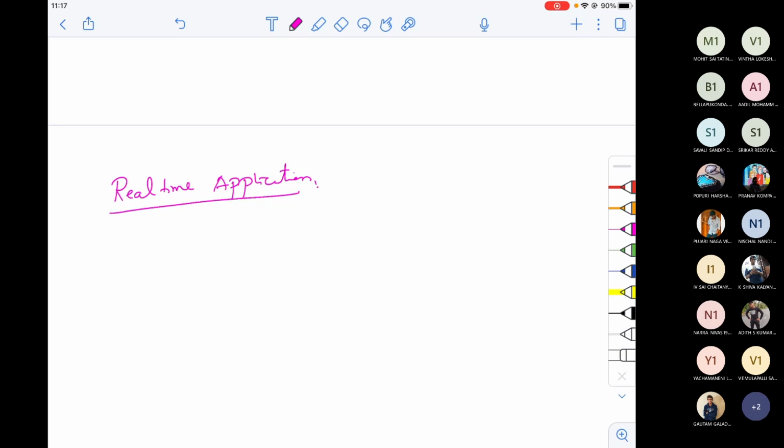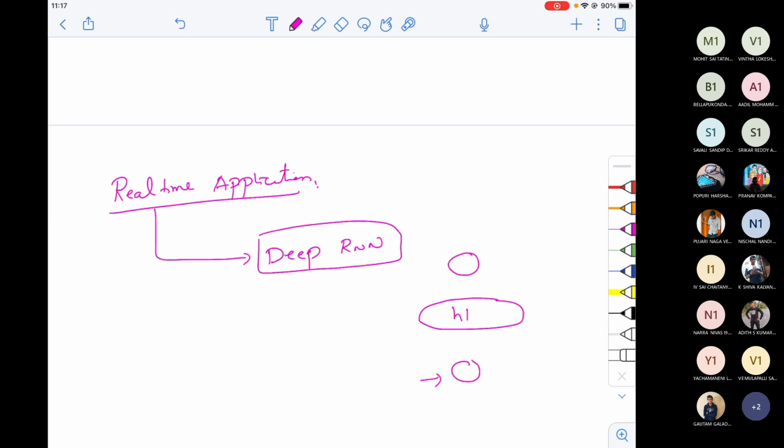So at the end of the day, what is the main use of having deep RNNs? See, what we do here is, for every input we get output, and that cannot be modeled by a single hidden layer. We want multiple hidden layers so that all the abstract representation of the input is captured by n number of hidden layers. And even Google uses deep RNNs for many of their applications.